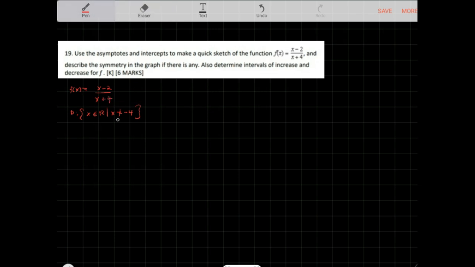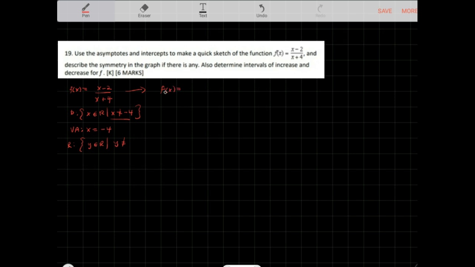Okay, and when you have a restriction on the domain, this implies a vertical asymptote. So the vertical asymptote occurs at negative 4. Okay, so vertical asymptotes are the restriction on the domain. The range here, y belongs to all real numbers, y cannot equal,